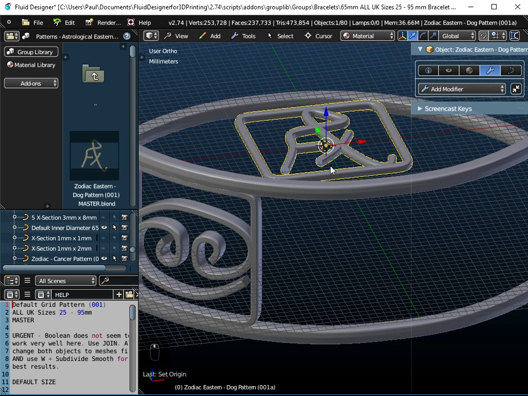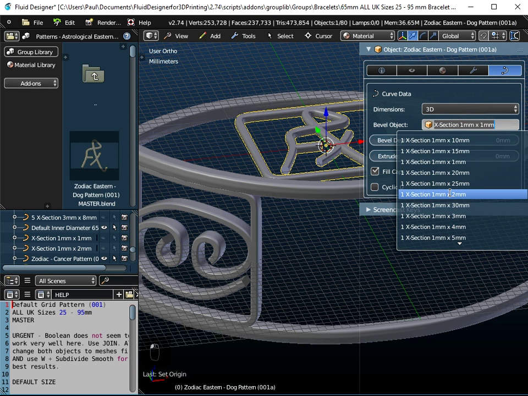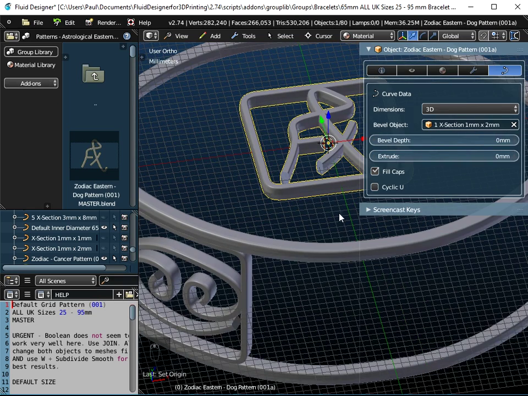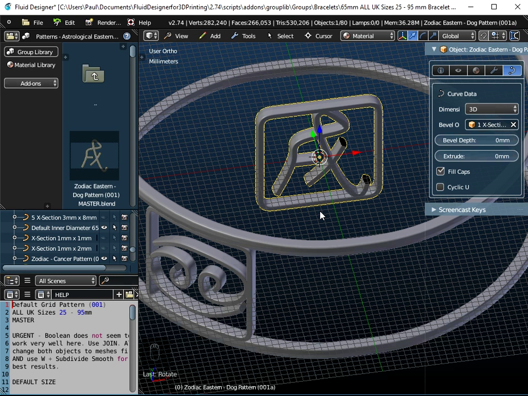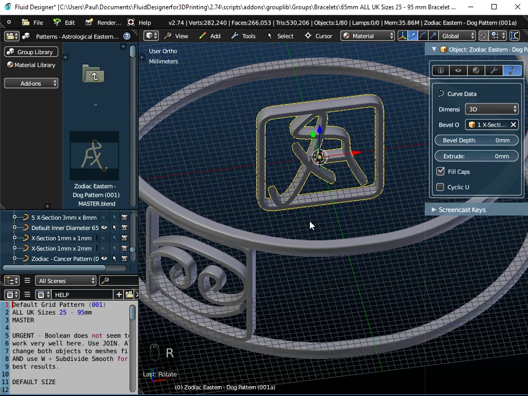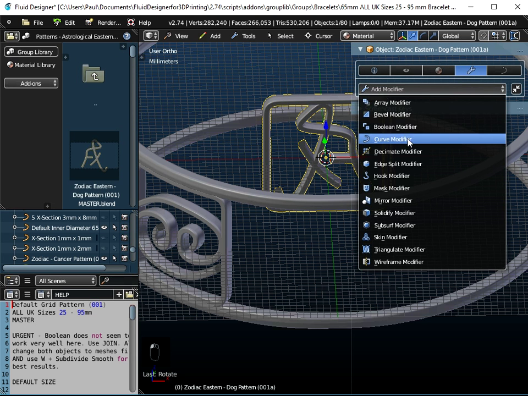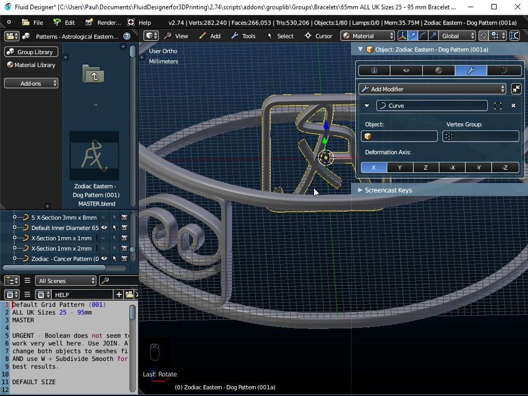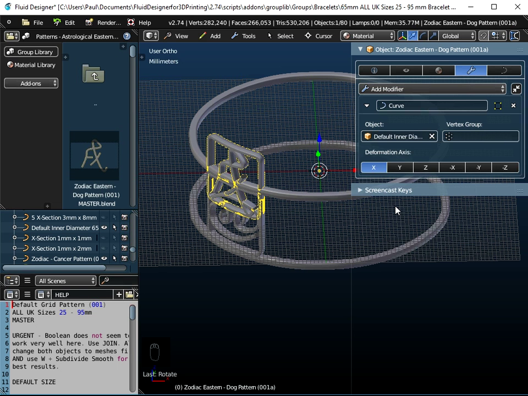Now remember that the thickness of this one is only 1 millimeter, so I just need to change that cross section from 1 by 1 to 1 by 2, so that just makes it the same thickness as the other pattern. And again, I just need to do the same thing here. I need to rotate X 90 degrees, rotate Z 180 degrees to turn it anti-clockwise, and I need to add a curve modifier, and it's the same curve modifier, it's the bracelet one that I want here. So whatever size your bracelet is, and we're just using the default size here, that will place the object